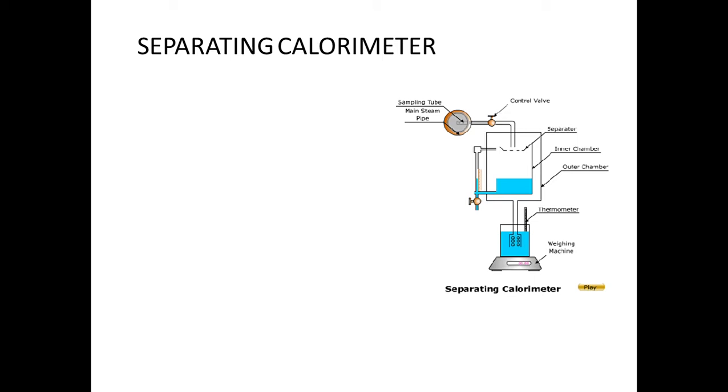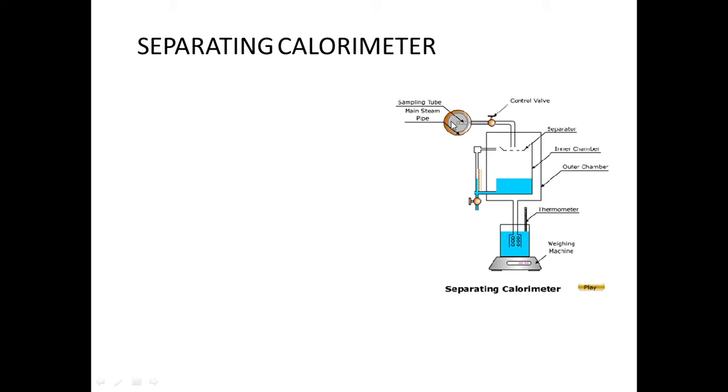So that is a perforated type tray. You may know the porcelain structure, or you may have seen it in water filters at home, or you may have seen porcelain type pots. If you pass the steam through that, the steam will come out but the moisture will not come out. It gets separated and you can collect that moisture. The same thing is happening here.